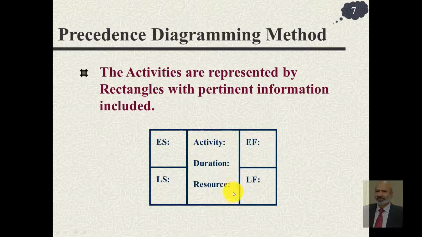Mostly we write the human resources and how much percentage of their time is required. And the filling method is very easy. You pick up the earliest start time, add the duration, and write the earliest finish time. And here you have latest start and latest finish. Once you know the latest finish time, you subtract the duration and you get the latest start. So overall this rectangle has information about the activity identity, its duration, the resources it requires, the earliest start time, earliest finish time, latest start time and the latest finish time.